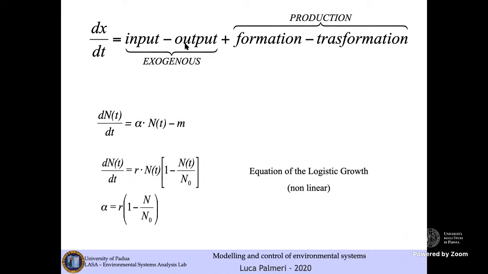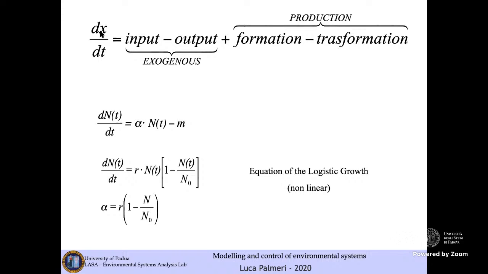Exogenous means interaction with the external environment, and production means processes that are internal, endogenous to the system. We may write the first order differential equation by writing that the derivative in time, so the change in time of the number of elements in my system,